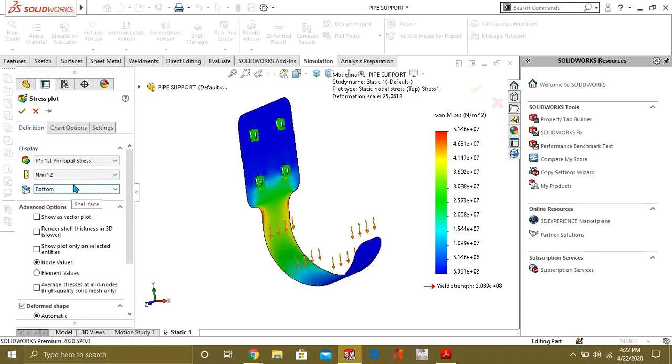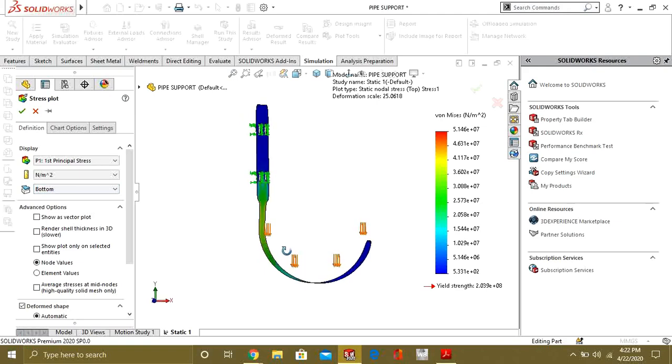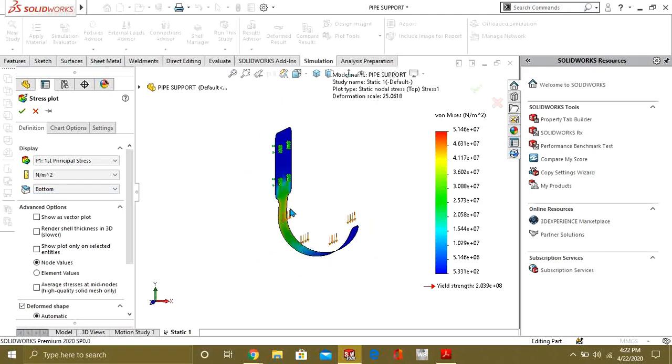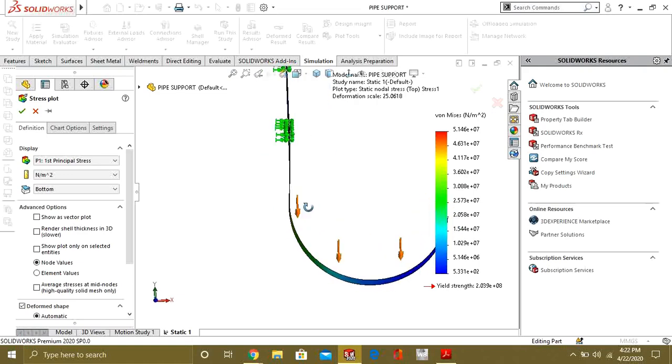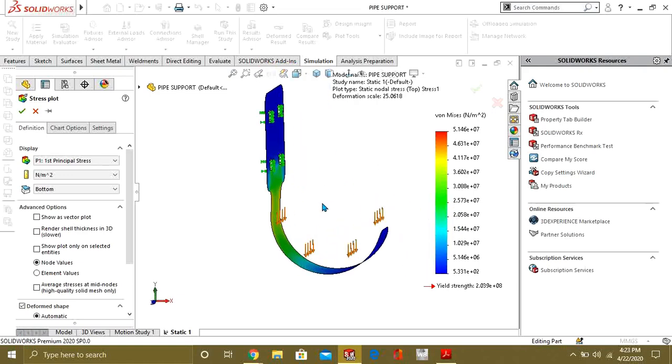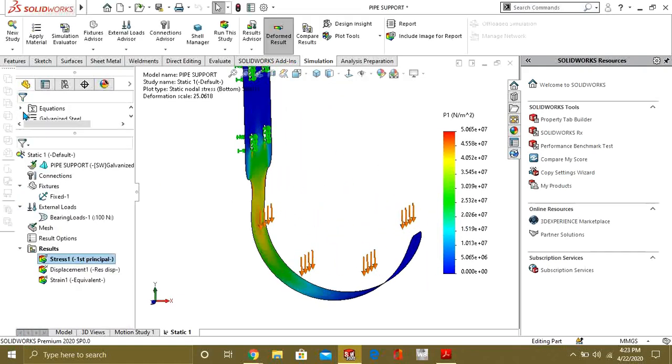So this will be our maximum principal stress because it is acting on the bottom, and it is also our tensile stress because it will show us the resistance to the fracture. Press OK.